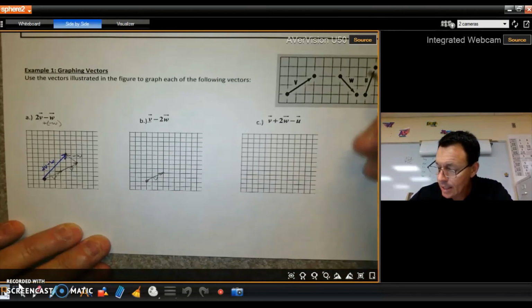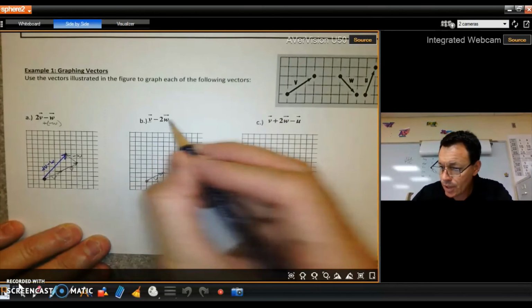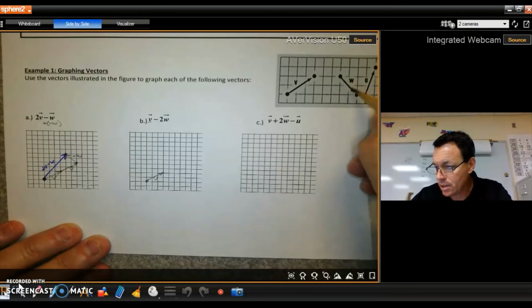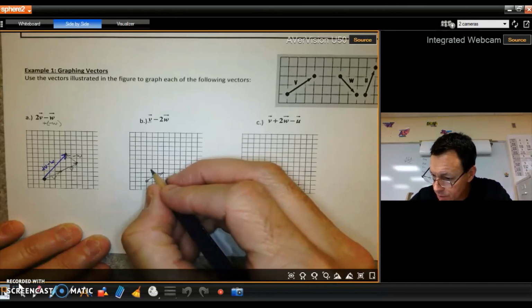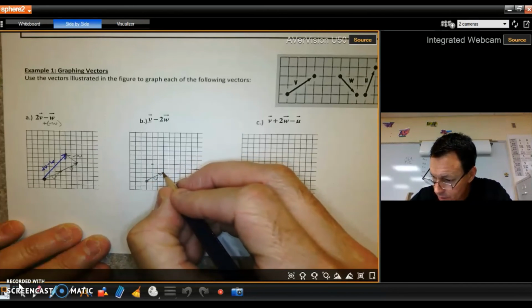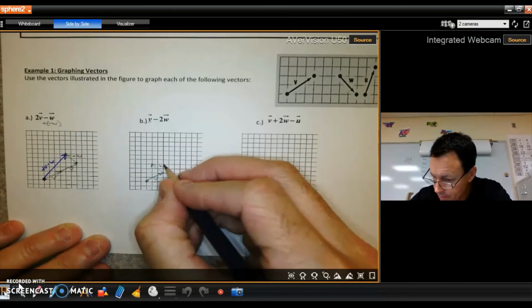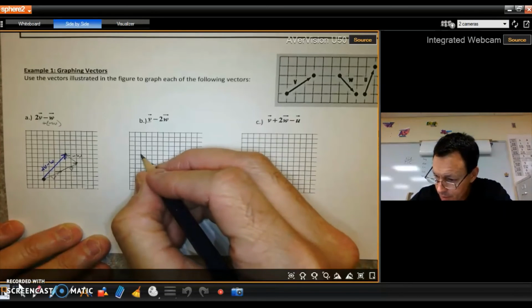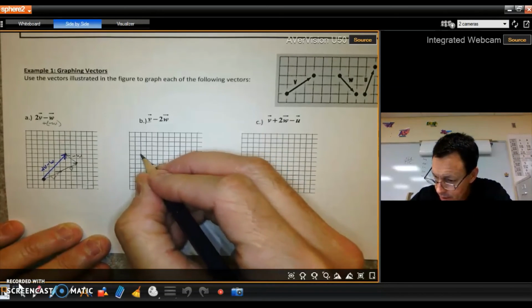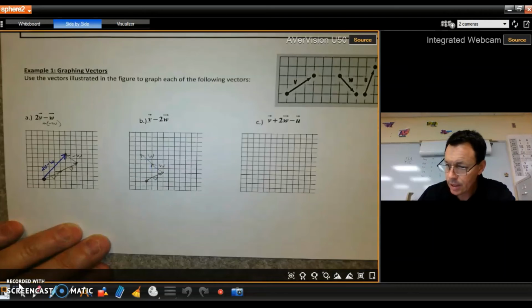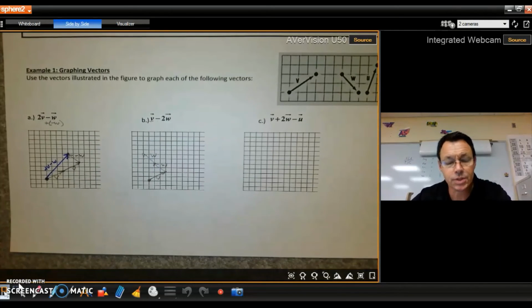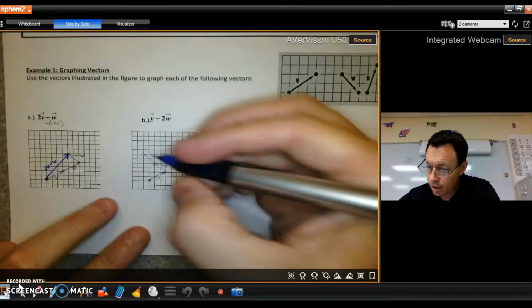That's v. And then I need to subtract 2 w's. So I need to go 2 of these, but in the opposite direction. So I need to go left 2, up 2. There's a w. Left 2, up 2. There's another w. And if you leave it like that, you just lost a point on a quiz or a test. Our answer